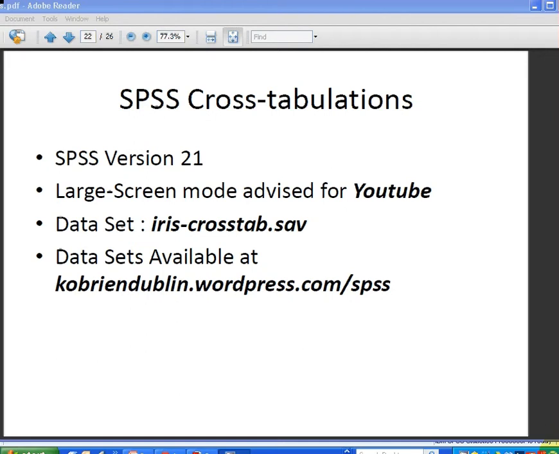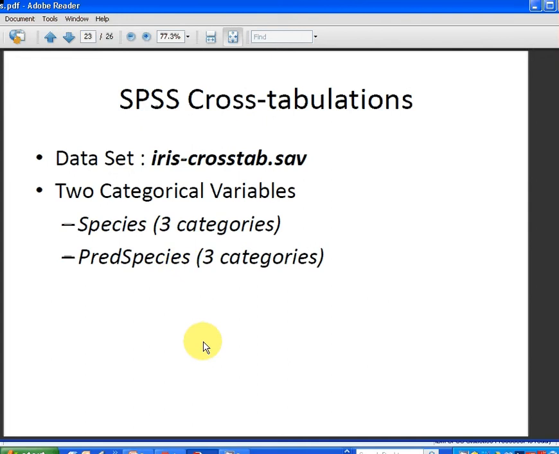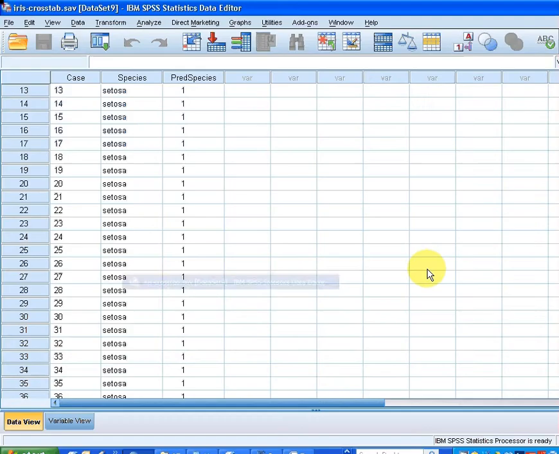The dataset we're going to use is called iris-crosstab.sav. It's available at my website kobriandublin.wordpress.com. Now essentially what we have here, apart from everything else, is two categorical variables. We have species and pred species, and both of them have three categories. So essentially what we want to do is get a cross tabulation of which is in which